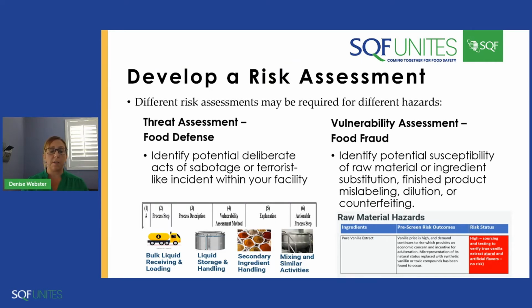We're going to look for our supply chain history, the complexity of that supply chain, even geopolitical considerations, as well as, in this example, the pure vanilla extract, we're also looking at the cost. When there's a high demand for a product due to perhaps a weather condition or other contributing factors, is the risk of potential for food fraud there because of the nature of that economically motivated hazard? So when it comes to risk assessments, make sure you're looking at it from the standpoint of what you're assessing the risk on, and use the tools that are out there and available. You don't have to create this from scratch. Next.